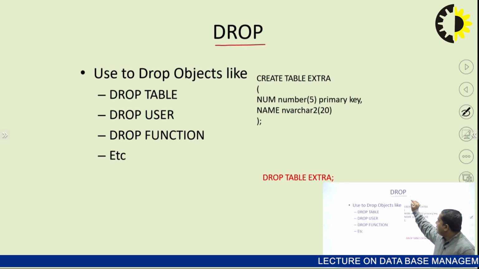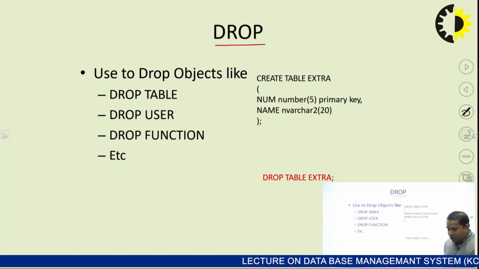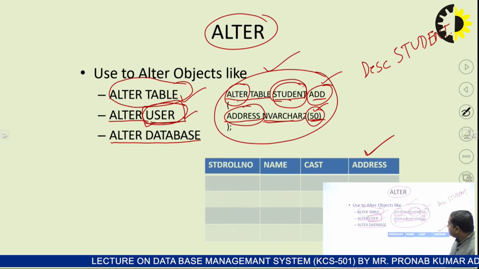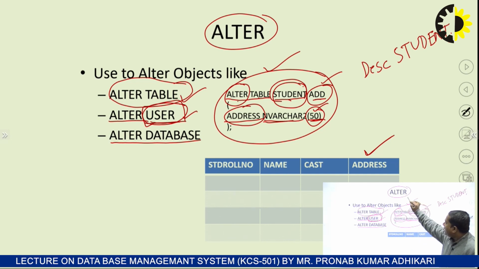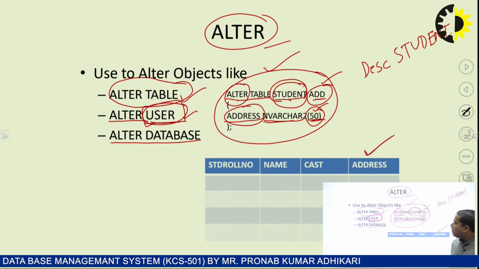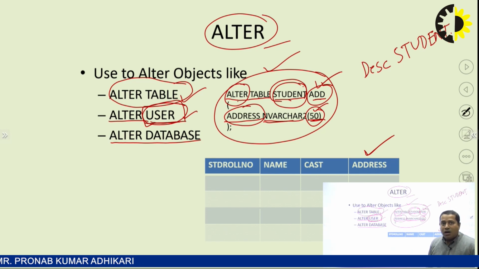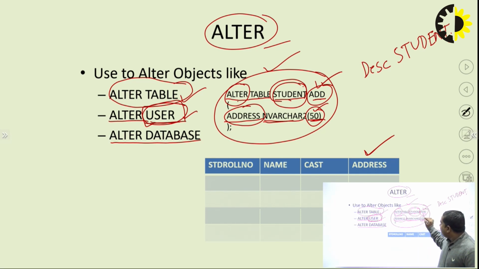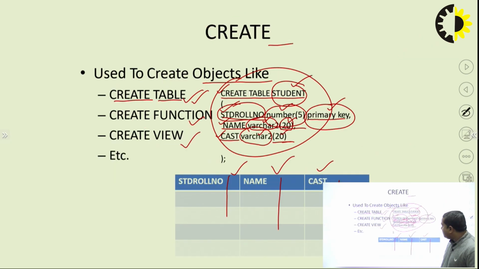Drop, okay. So before moving on to the next drop, I also like to discuss some additional activities that can be performed using the alter command over the schema. We can also add an extra attribute to our existing schema. Also if you want to reduce, then we can also drop the field from the existing relation. So if in the first example we have student roll number, name and caste,